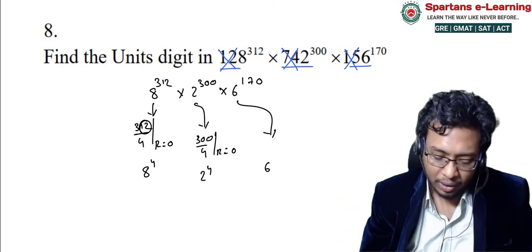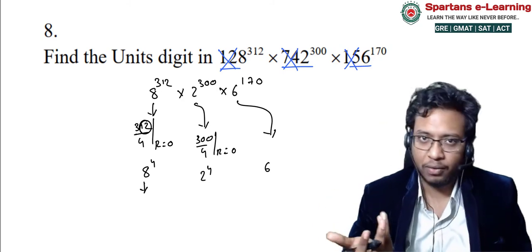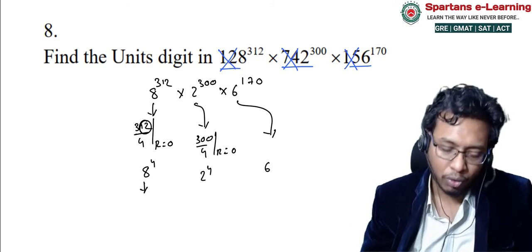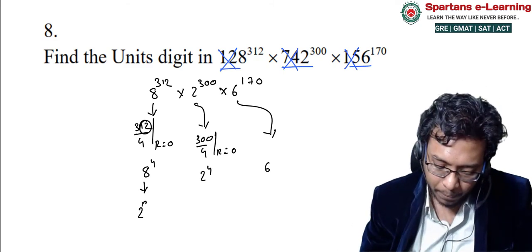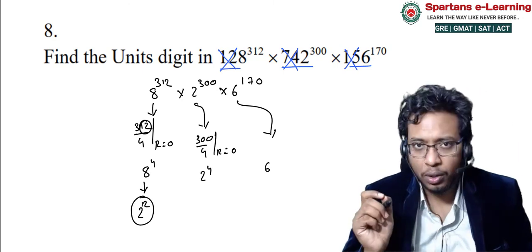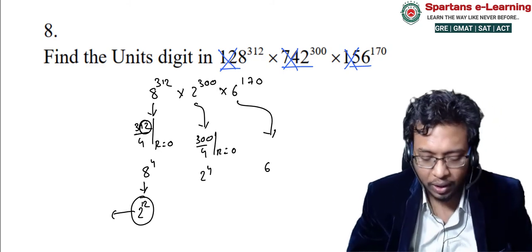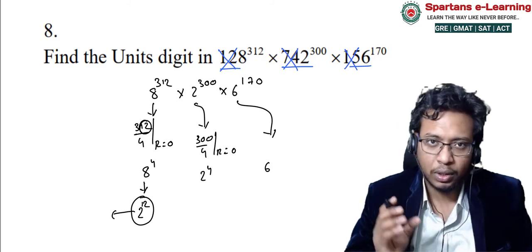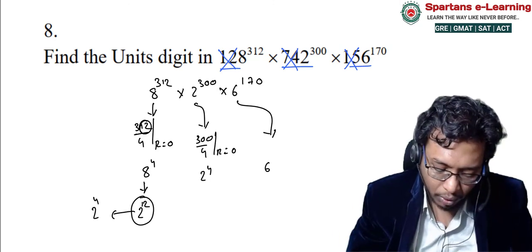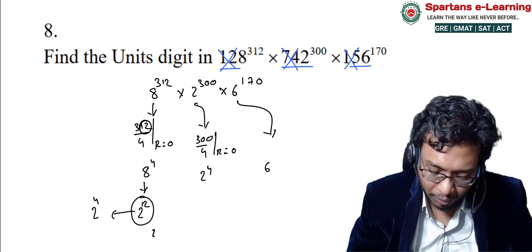Right? See here, 8 power 4 is difficult to calculate. Maybe it is difficult to calculate for you. So what you can do is, you can write 8 as 2 cube. 2 cube whole power 4 means 2 power 12. Right? 2 power 12. Now to find the units digit of 2 power 12, what you will do? Divide 12 by 4, remainder will be 0. That means 2 power 12's last digit will be equal to 2 power 4's. You know 2 power 4 is 16, so the last digit will be 6.